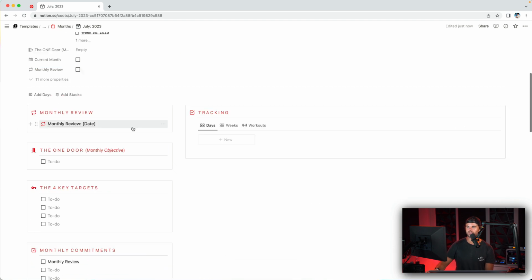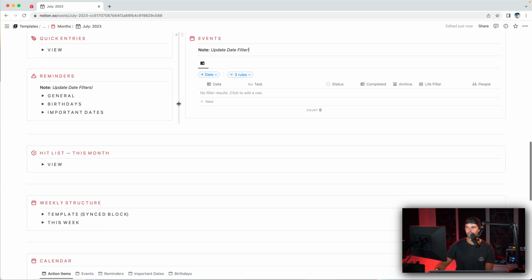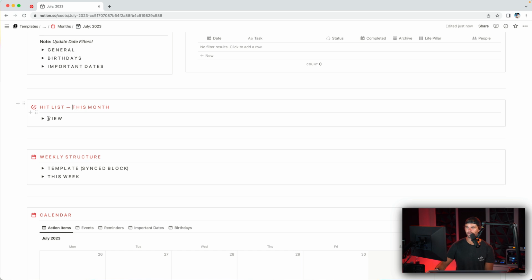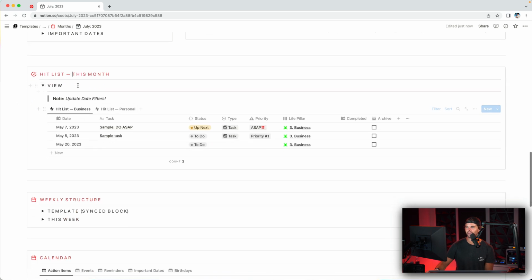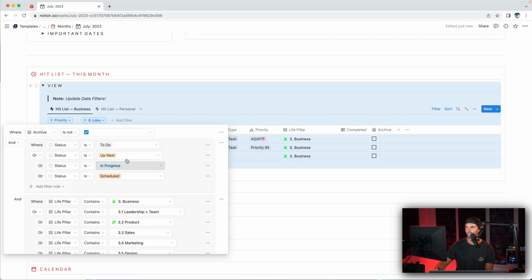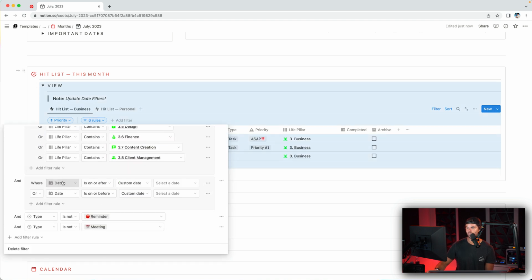So there's a few things that you need to modify when you create a new template for each month, but it's pretty quick once you get the hang of it. Then you're going to be able to see the tasks that are scheduled in for this specific month. So once again, you'd come in here, you'd modify the dates, where the date is on or after